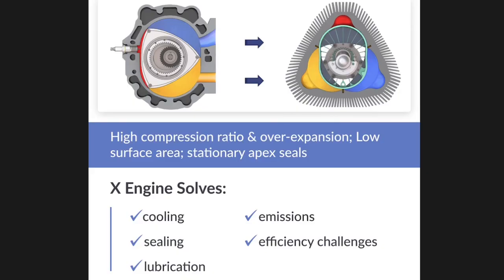Now before I mention how this liquid piston engine has improved the Wankel rotary engine, I'm going to discuss the two main differences between these two engines. The first thing that you'll notice right off the bat are the shapes of the rotors. The liquid piston engine has a rotor that's in the shape of a liquid, and the Wankel rotary engine has a rotor that's in the shape of a triangle. Another difference is that while the Wankel rotary engine can range from 1 or 2 spark plugs, the liquid piston engine has 3 spark plugs for each individual combustion chamber.